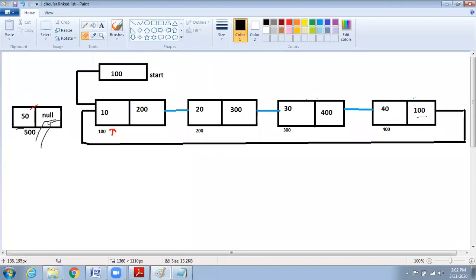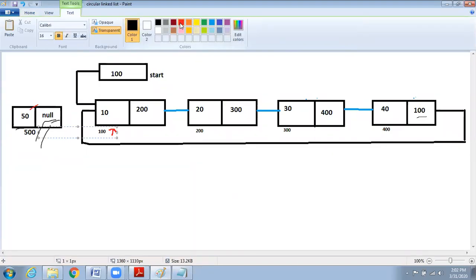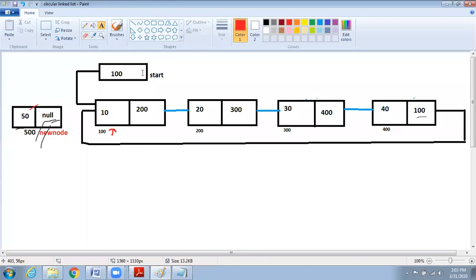One change is correct. Very good. And start should be the new node. Very good. And what else? Guys, you have to change the start address and this null pointer.